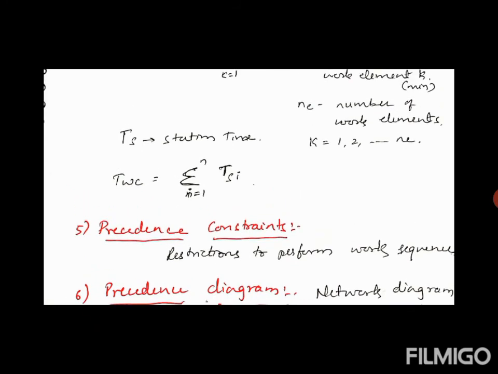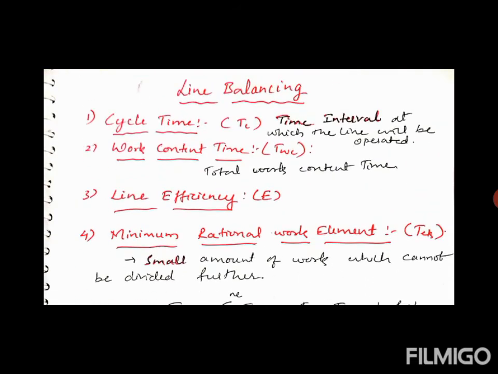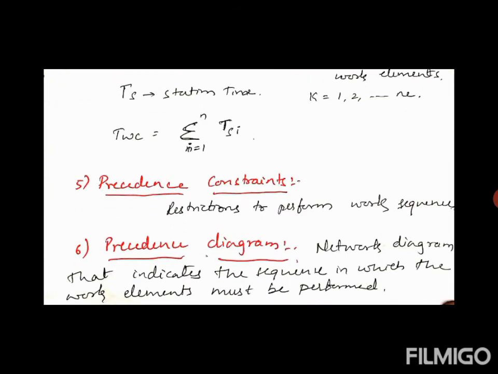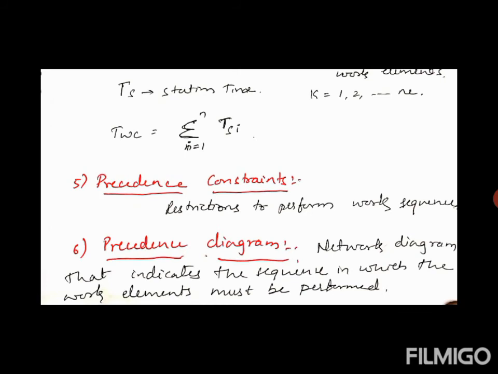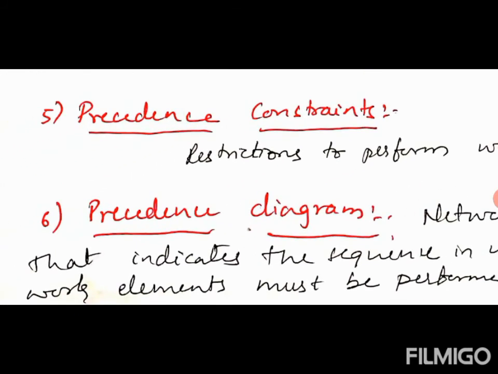Now we are going for doing analysis, what we can do further. These are all the technical things we have discussed. Next comes how to go for doing these methods. Before going for those methods, there are two things we need to understand always, that is precedence constraints and the precedence diagram. These are the main two steps based on which we go further in doing the problems.